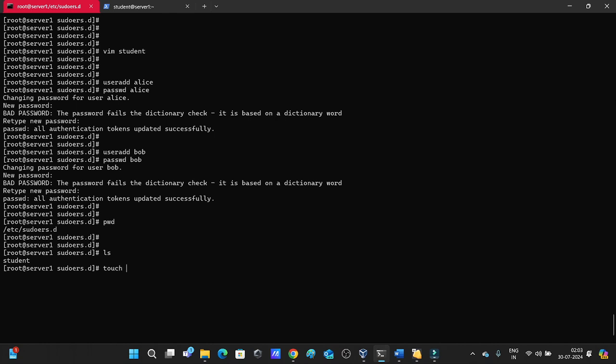Touch wheel, enter. Okay, open the file, vim wheel, and then go to insert mode, and then type